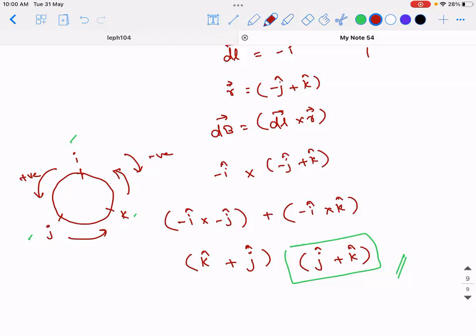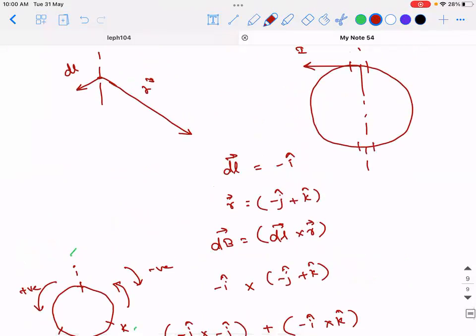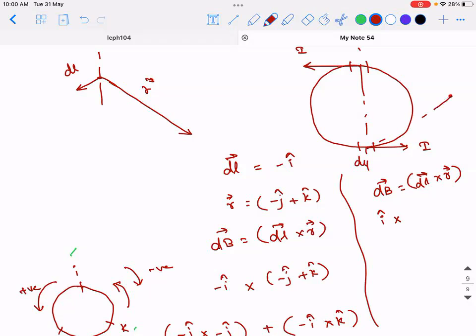So you took the bottom, right? When you take the value of dl at the bottom, this will be the direction of current. Correct? So dB vector is given as dl vector cross r vector. This is very clear. So I need to find the direction of dl and the direction of r vector. If I take this to be the origin, r is somewhere over at the back of it. So it will become j cap plus k cap, because it is entering the first quadrant of that particular